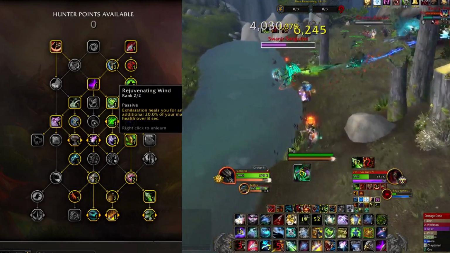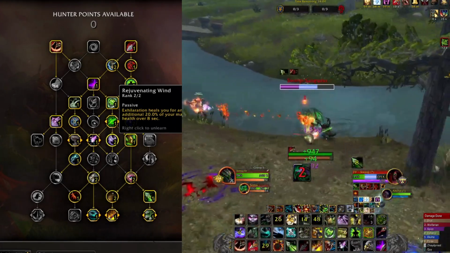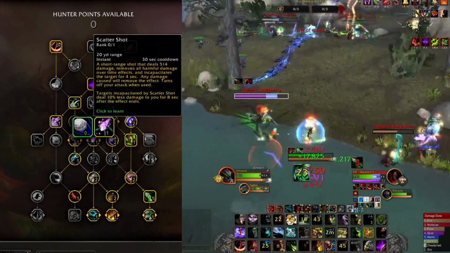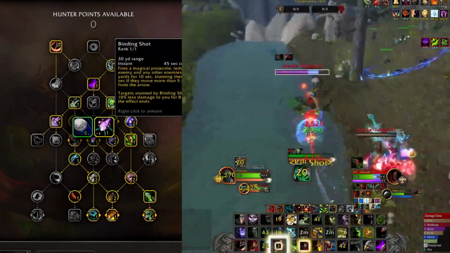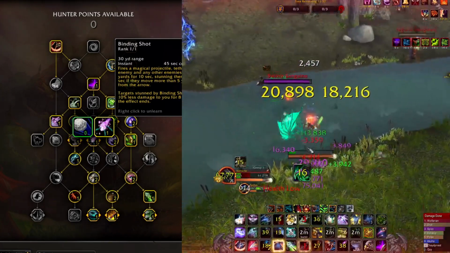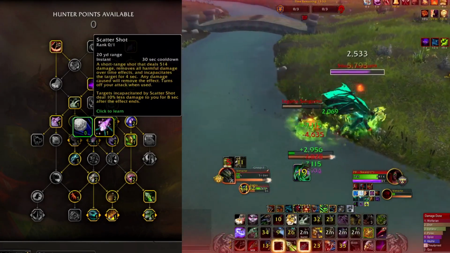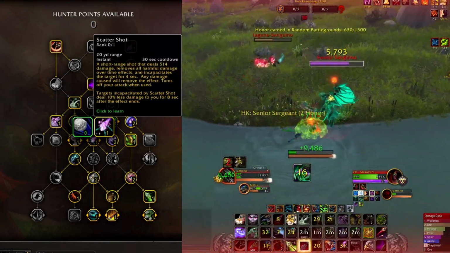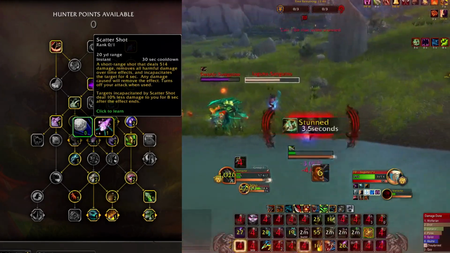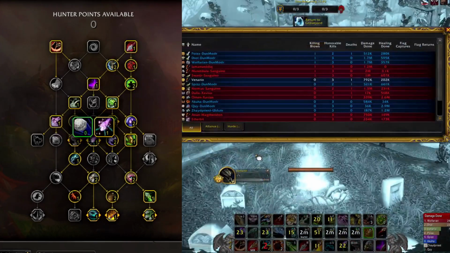Rejuvenating Winds is nice because Exhilaration heals us for an additional 20% of maximum health over 8 seconds, so additional healing. Here we have two choices basically, Scatter Shot and Binding Shot. I usually for BGs take Binding Shot because it's just nice to have some AoE stun, and on top of that, Scatter Shot basically shares diminishing returns with Freezing Trap, which basically means that usually one or the other will have half duration,